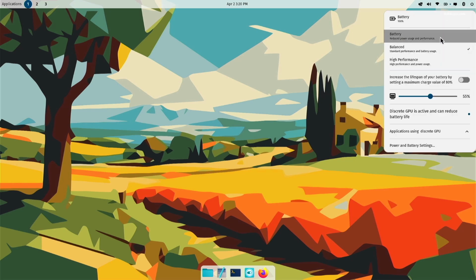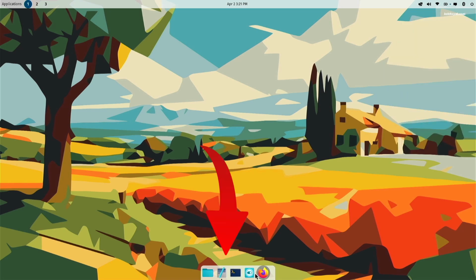For example, the power menu allows you to choose power modes and also offers the option to limit battery charge to 80%, promoting the longevity of your laptop battery. The bottom panel or dock consists of a single applet called App List.